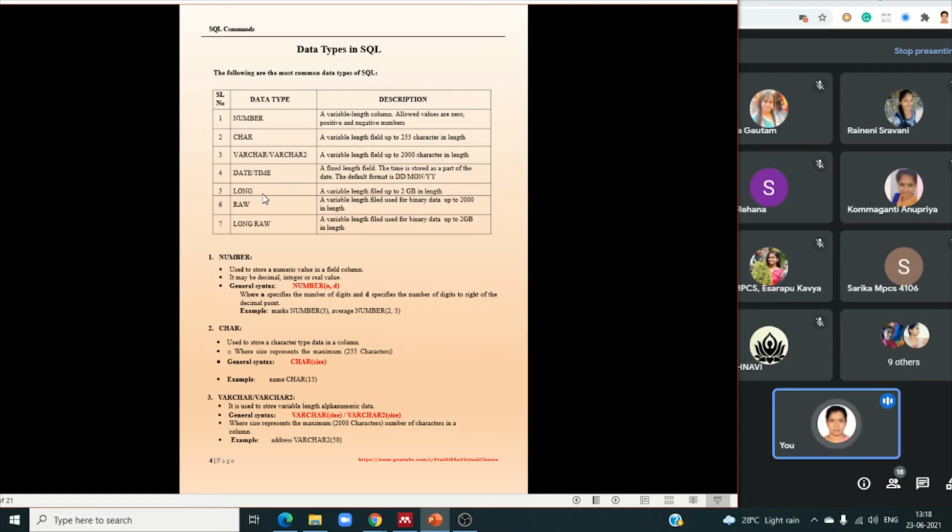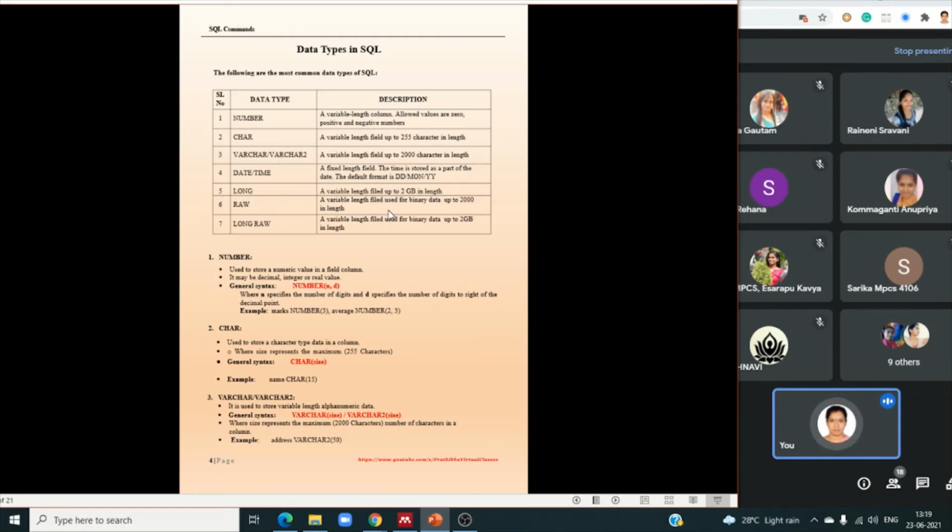Another is long. This is also used to store text. In this type of column we can store up to 2 GB in length. We can attach files directly, photos, or if you want to attach certificates, in those situations you can use the long data type.